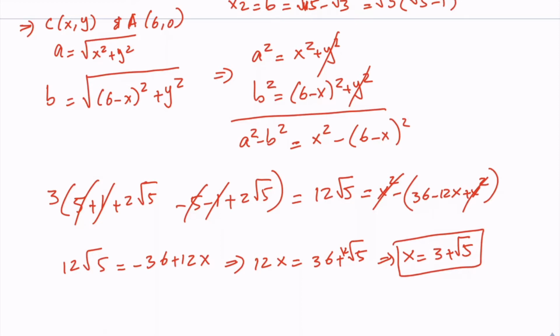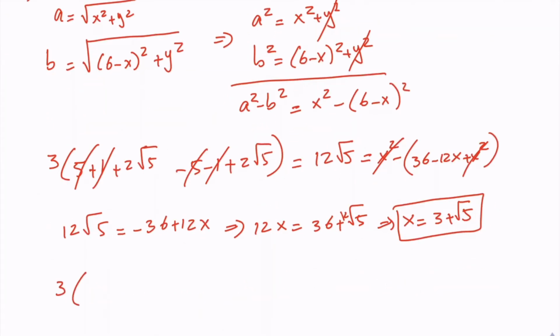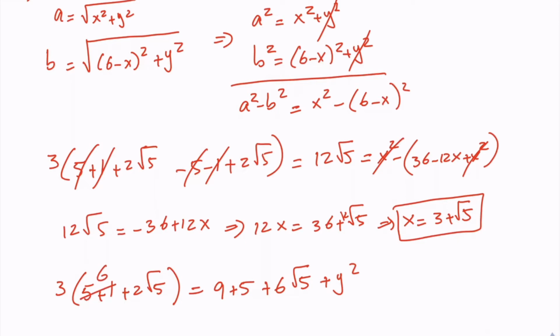We also know that a squared is equal to x squared plus y squared. So a squared is 3 times 5 plus 1 plus 2 root 5, which will be equal to x squared, which is 9 plus 5 plus 6 root 5, plus y squared. So this is 6, and the left hand side will be 18 plus 6 root 5